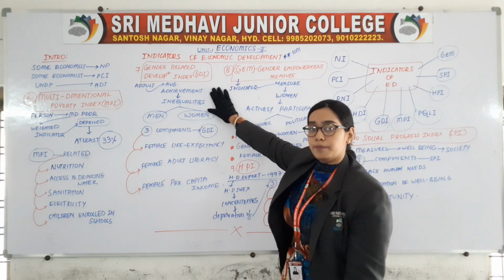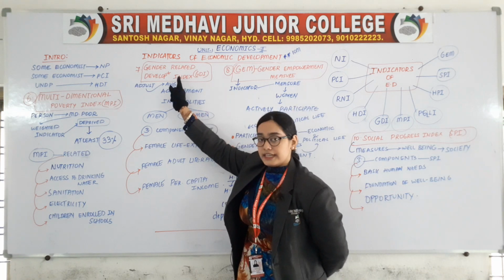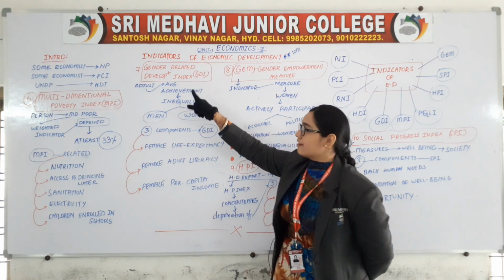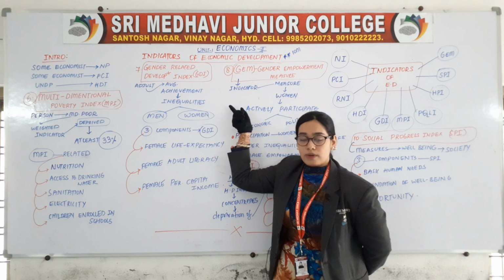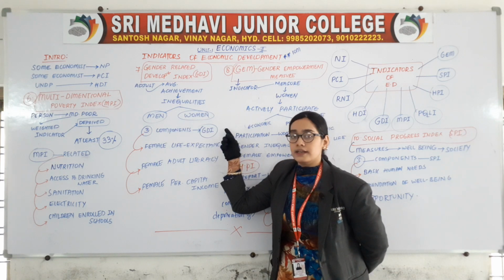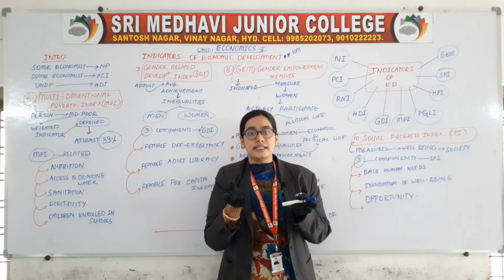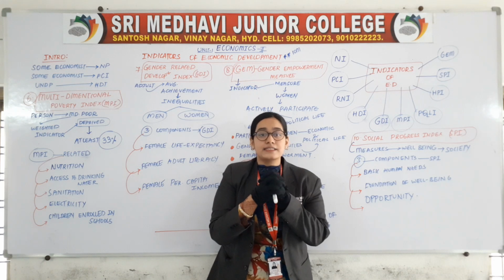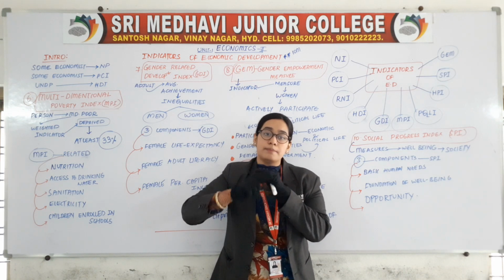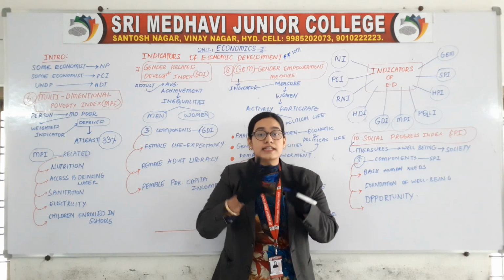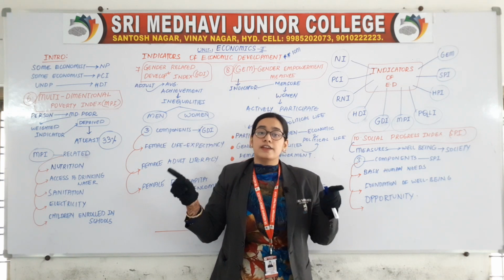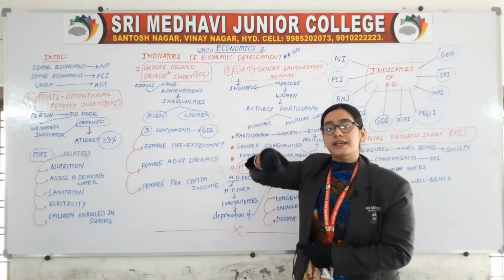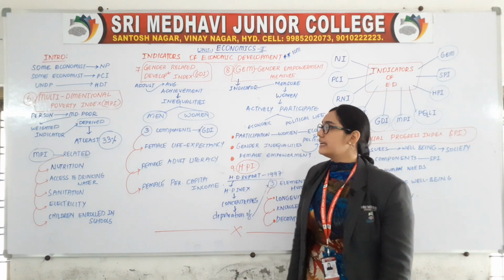So what is this point saying? GDI will adjust the average achievement of inequalities between men and women. Gender in the sense men and women, male and female. If there are any inequalities between them, this GDI will measure it, it will calculate all the achievements of men as well as women. If there are inequalities in that, then it will show whether economic development is taking place or not. So it is also giving an indication for us.